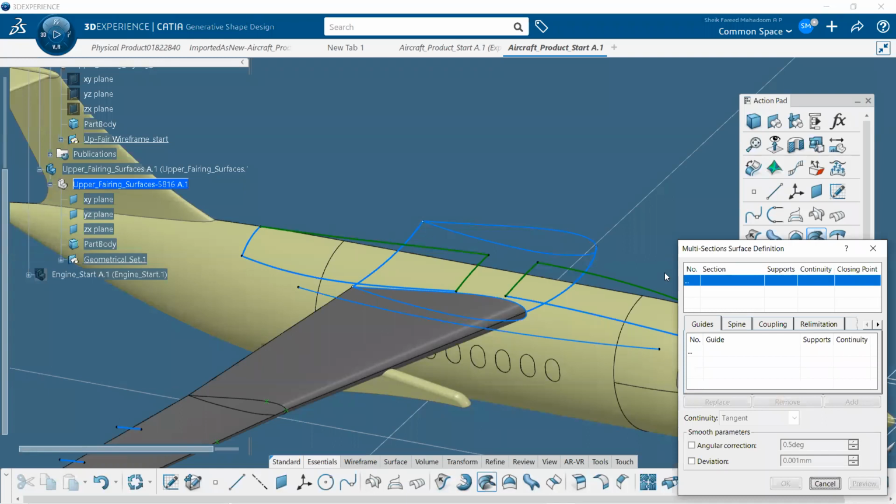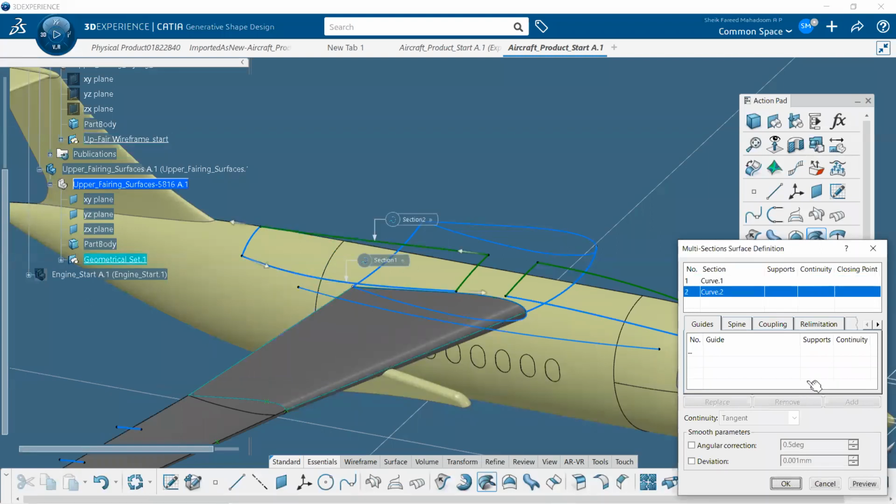First select the longer profiles, this profile and this profile, and make sure the directions are on the same side.